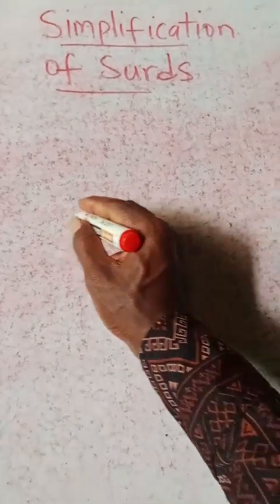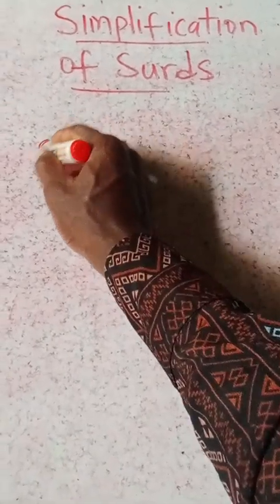Hello viewers, today we'll be discussing simplification of surd. Simplification of surd means the reduction of a surd to its simplest form. When we reduce roots of numbers to their simplest form, it's called simplification of surd. For instance, you can be asked to simplify